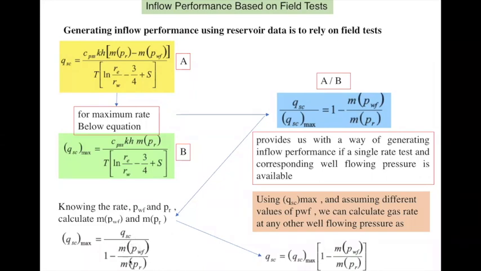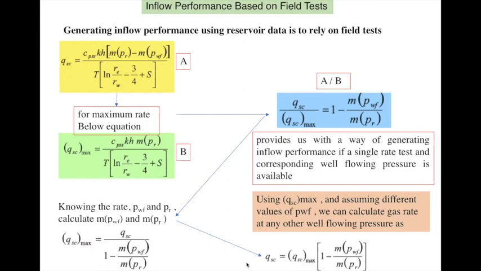So here this MPR is known, because the reservoir initial pressure or average pressure is known. So MPWF and QSC are from the single point test, which needs to be done to find out the QSC max. Now once you have the data of the single point test, this QSC max is calculated, simply using this equation which is derived earlier at the top in blue. So just by having this QSC max data, you can calculate QSC